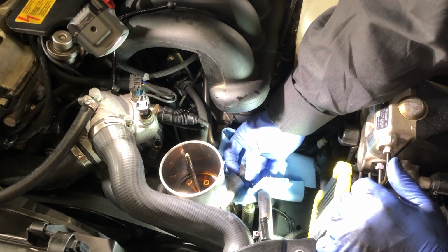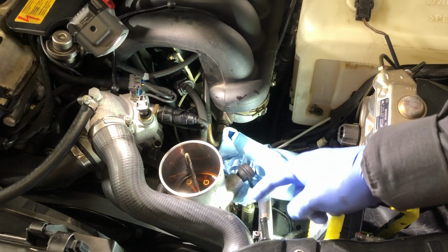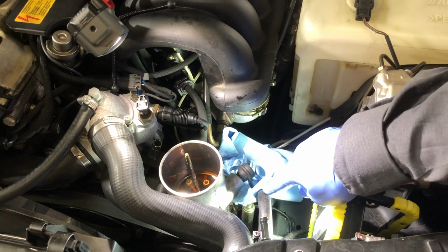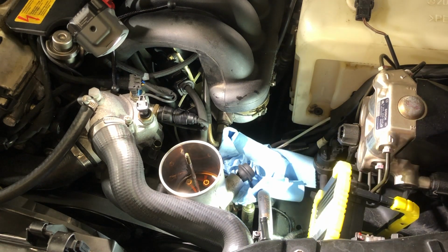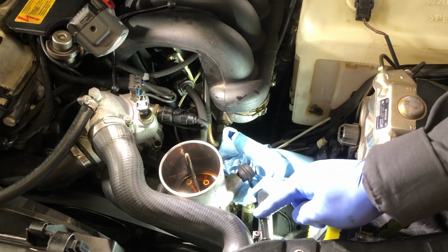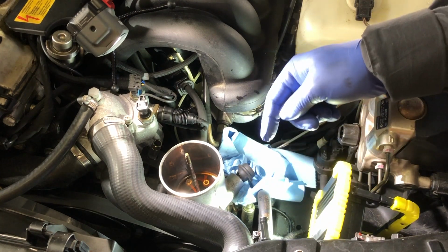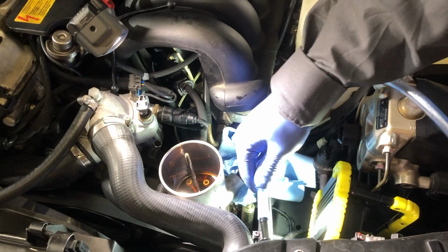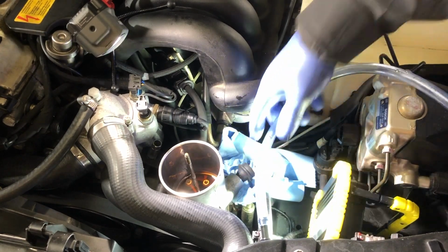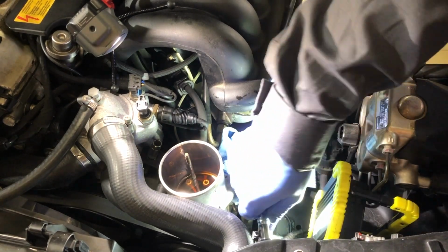The reason I did that is because the flush is going to force fluid out of this nipple. As the pressure from the steering box comes back up, it must be going through a cooler, an intercooler of some kind, and then it's going to spit out here and go back here. So we're going to be wanting to extract the fluid out of this nipple. But let me see if I can use this. Yeah, I could use that too. I'll just have to find the right size